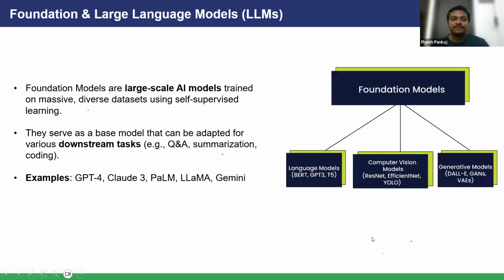Moving ahead. Now the main thing is what exactly is a foundation model, or you can say a large language model. Foundation models are large scale AI models that are trained on massive data sets. When I say data sets, it could be anything: a PDF, a website for reference, a text file, public websites, anything.